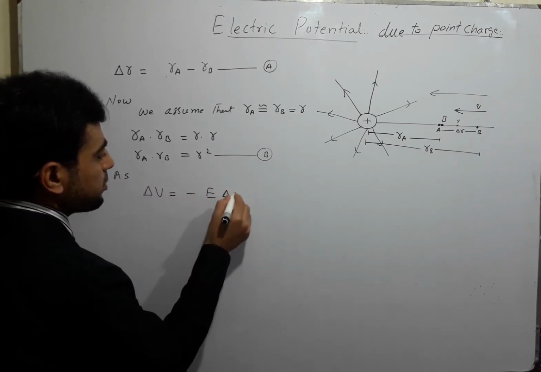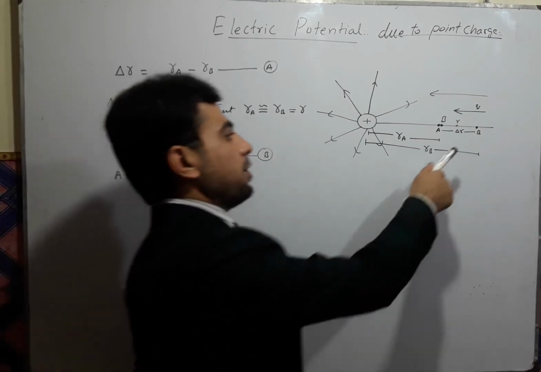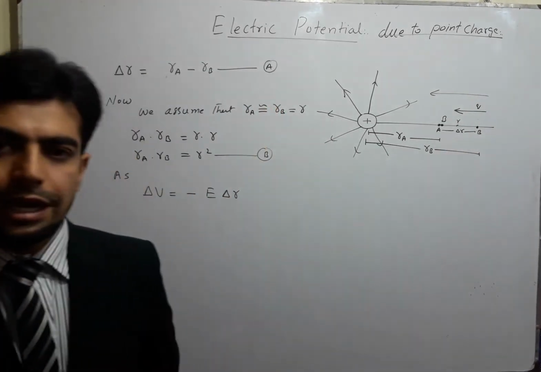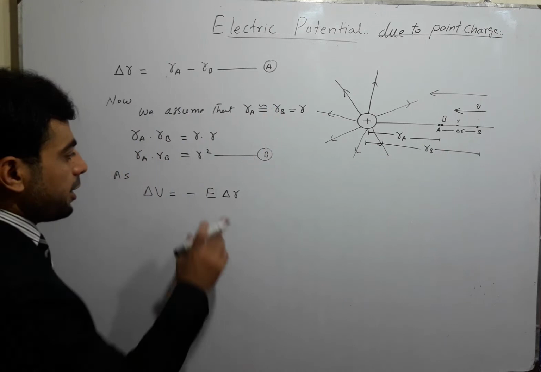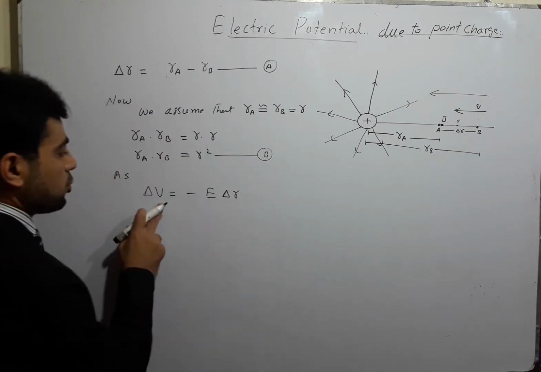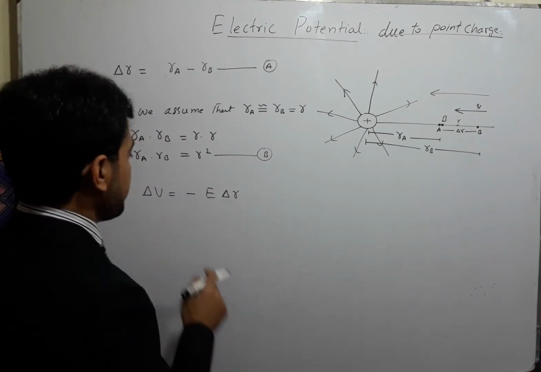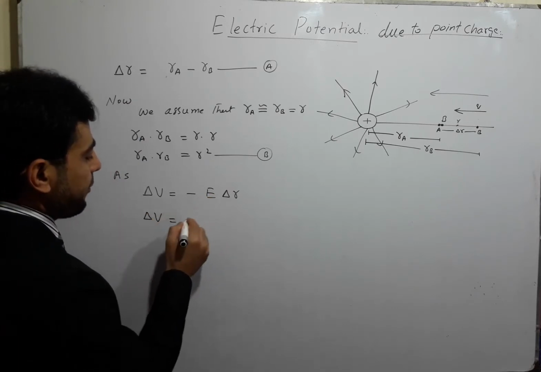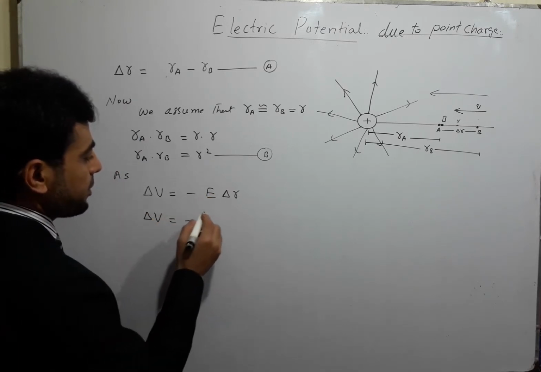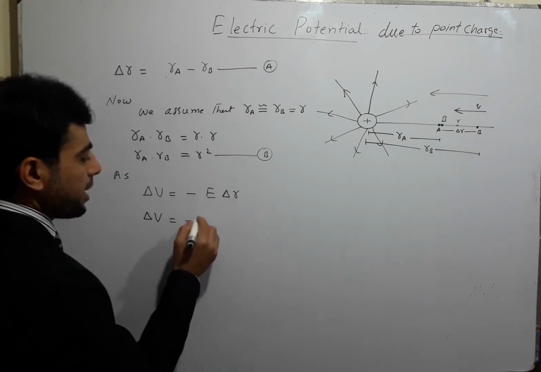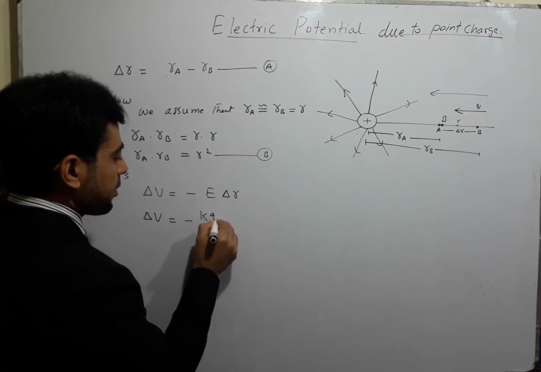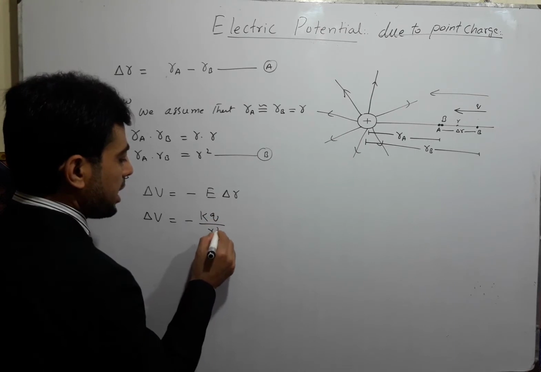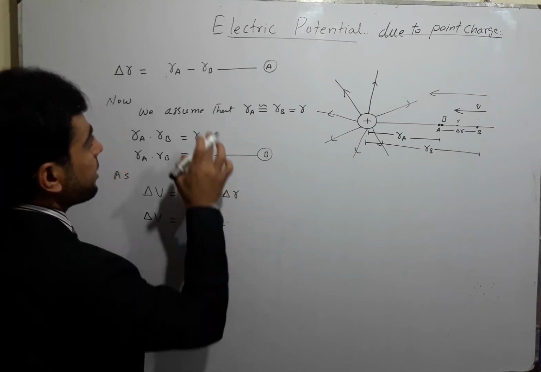Here d is replaced by delta R because the distance between 2 points is delta R. So the change in potential delta V is equal to minus the electric field intensity, and the electric field intensity is always equal to kq over r square,